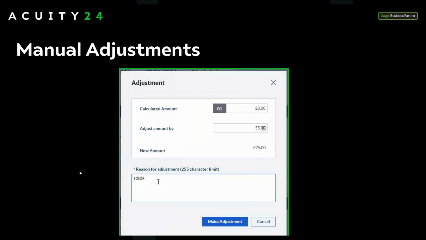Many a time, adjustments are made because you may have just moved over to Intacct and half of your VATable transactions have already been accounted for in the opening balance, and therefore you need to account for that within Sage Intacct. Once you have made the adjustment and given a reason for the change, you can then go ahead and click make